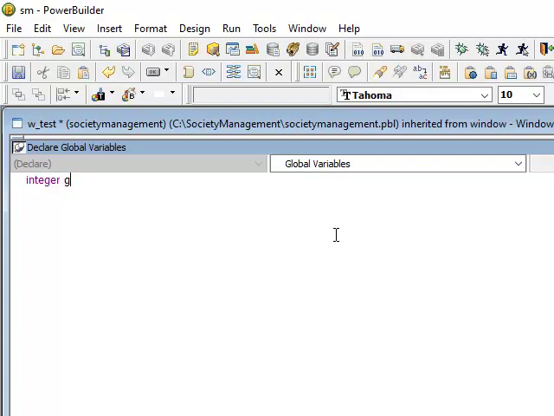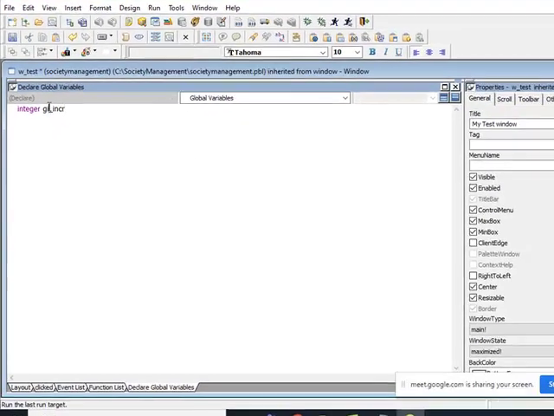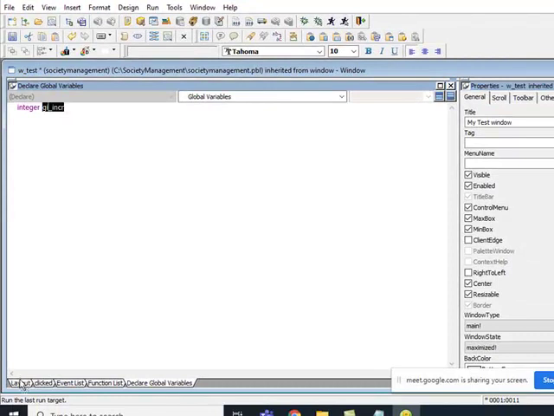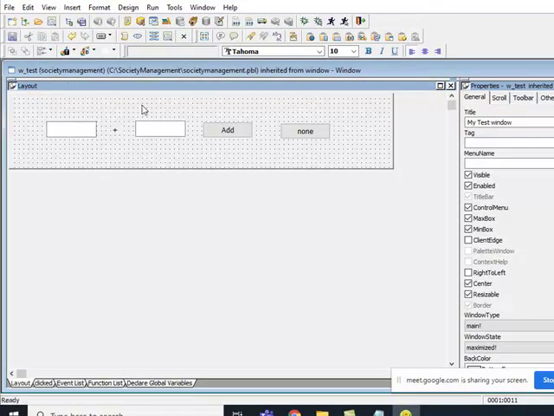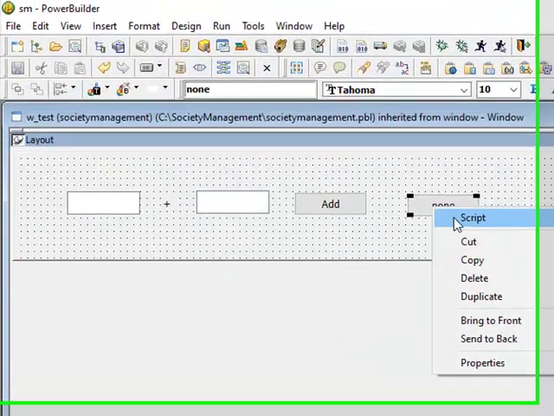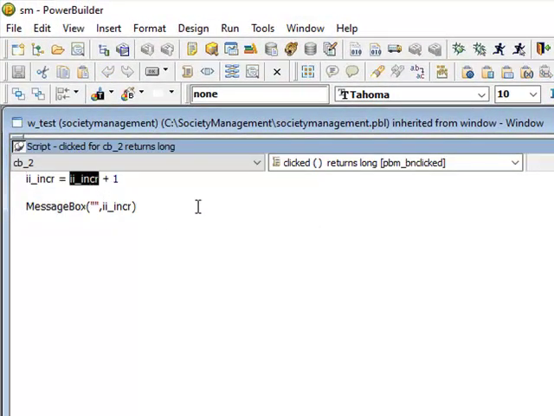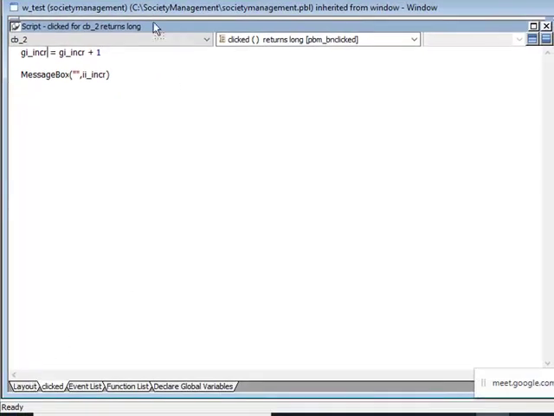G means global, right? When I created a local variable, it was li. When I created an instance variable, it was ii. Right here, I'm going to create a global variable, gi_incr. Okay, Control C. Let me use the global variable now.